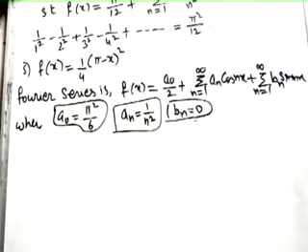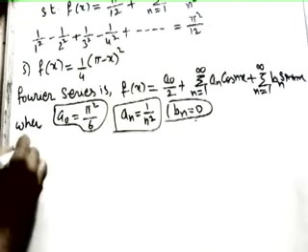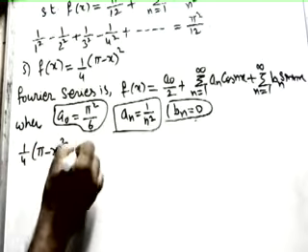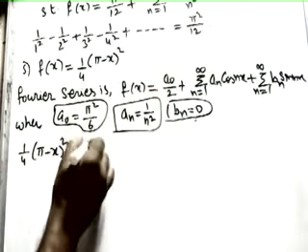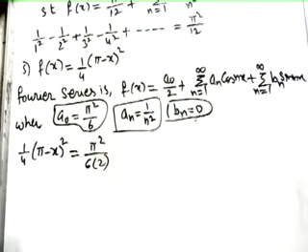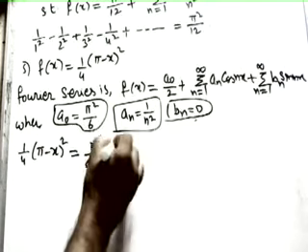Now let me substitute this in the function. So what is the formula? Watch carefully here. We are having f of x. So f of x is 1 by 4 into (pi minus x) whole square equals a0. A0 is pi square by 6. Again we are having 2 here, so it will be 2